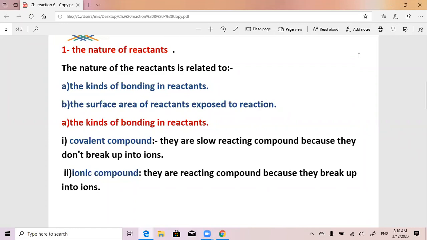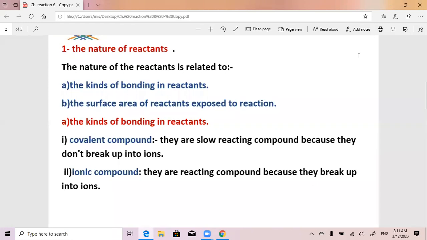The covalent compound in chemical reaction react slowly because they don't break up into ions. When I give you an example question, give reason why the covalent compounds are slowly reacting compounds because they don't break up